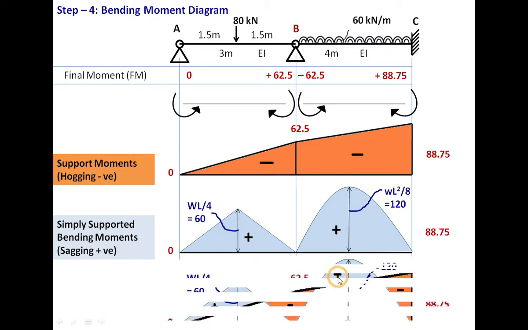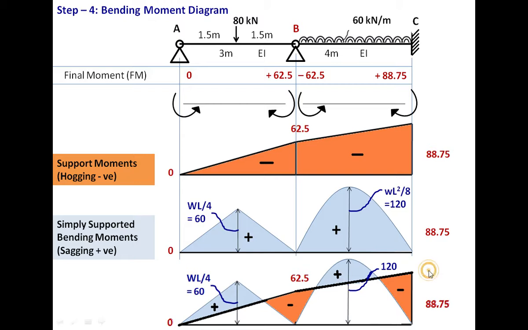So the final bending moment diagram is obtained when we add these two algebraically. When we superimpose these two, this is how the diagram will be. This entire thing is nullified. So this is positive, negative, positive, negative. This is point of contraflexion number 1, point of contraflexion number 2, and point of contraflexion number 3. This is how the final bending moment diagram is drawn.